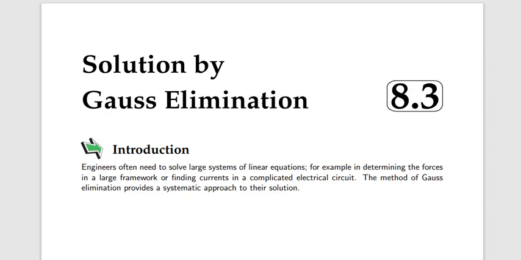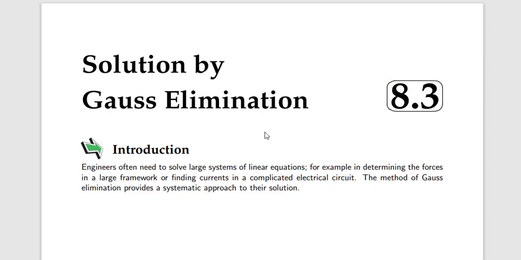In the last two lectures we discussed matrices, different types of matrices, and their addition, subtraction, and also multiplication with a scalar and multiplication of two different matrices. Okay. So now let's talk about our next topic, the Gauss elimination method in matrices.